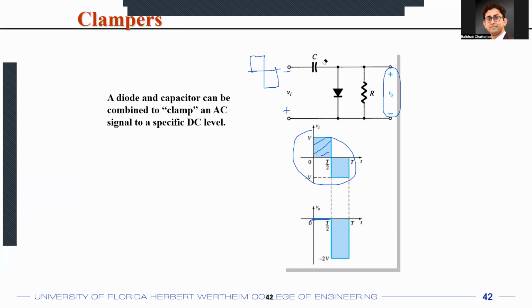But at the same time, you're also storing this voltage on the capacitor because the capacitor is an energy storage element. So in this condition, when you have the negative half cycle, you are storing the voltage on the capacitor. And in the next cycle, when you have the positive half cycle, again the diode becomes a short. So at the output, you have a short. However, the next time you have a negative half cycle, what happens in that condition is